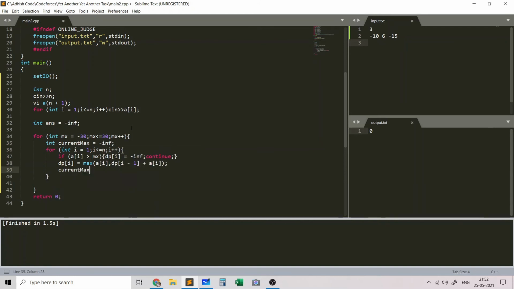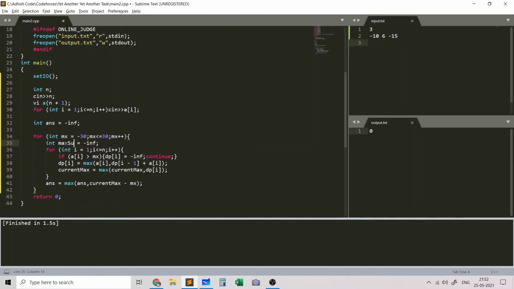So every time we'll update current max to be the maximum of the previous current max and dp of i, and now our answer will be the maximum of the answer previously found, and the maximum subarray sum in which we don't include the max element.